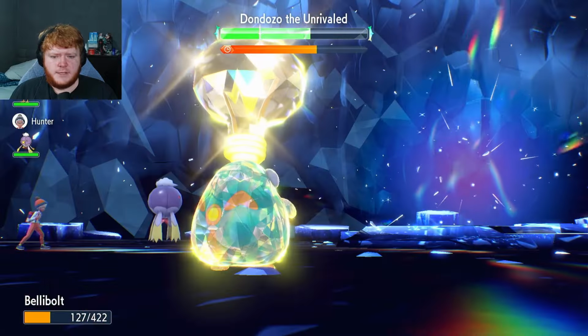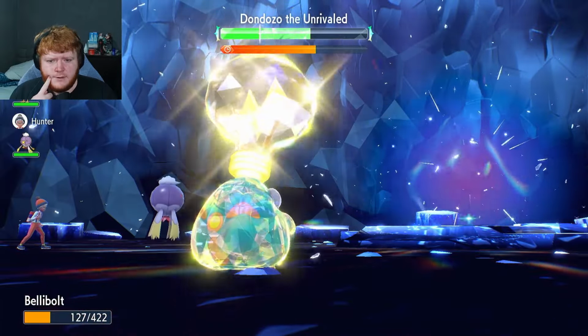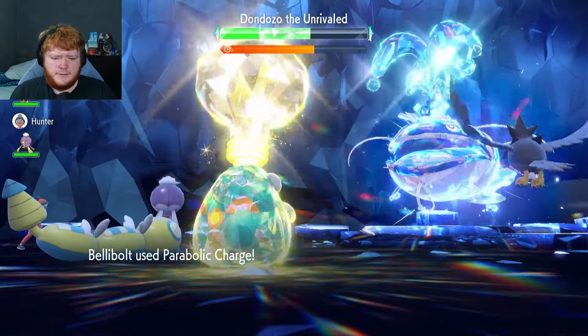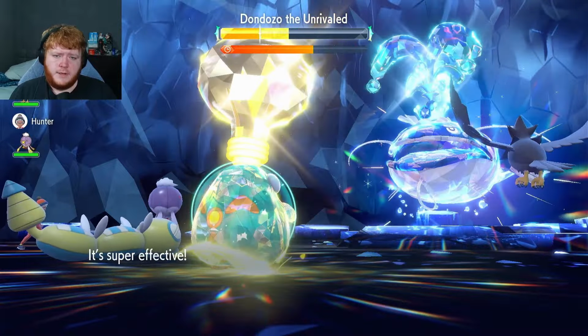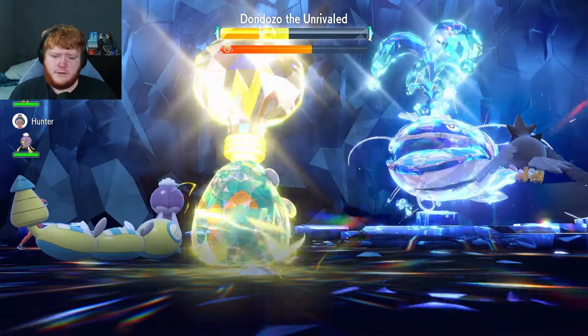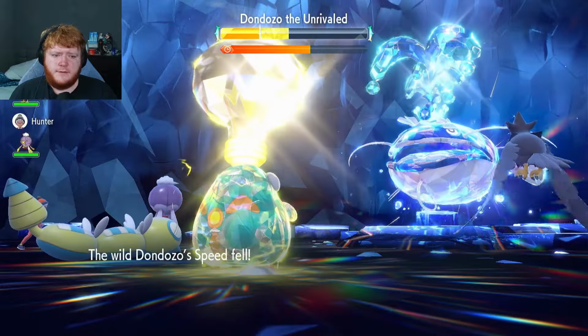So we have terrestrialized, ready to do some real damage. There we go, got the Electric type Terror. He's on -4. I think he's on like -1 attack, but he'll easily remove that once he uses Curse. So there we go. Parabolic Charge, a lot of damage, even though they're on -4. -4 to -6, there's not a huge...